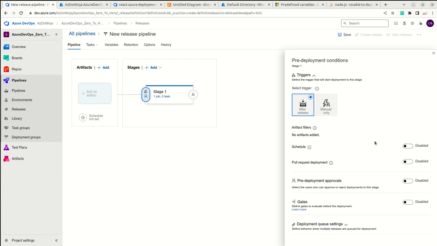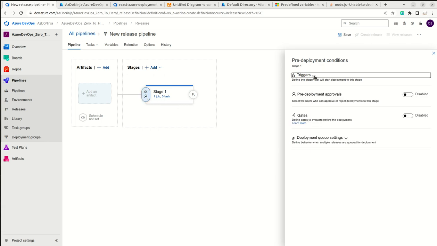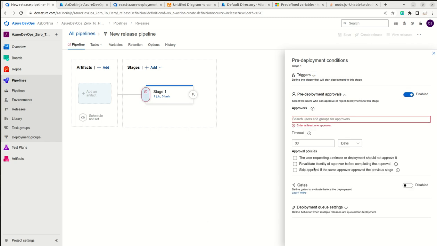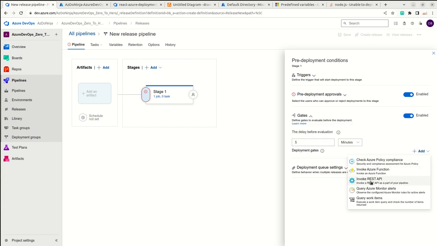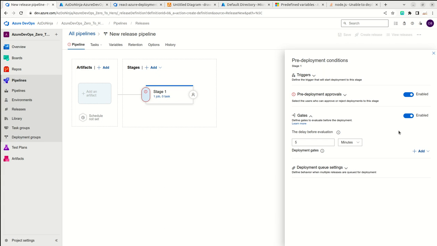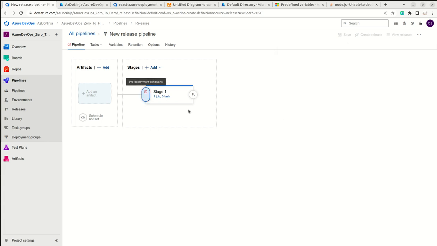We can schedule a particular stage when we want to do it, and we can add approvals also, as I was explaining, and we can add some gates also. Let's say we want to invoke some functions, invoke some APIs, we can do all these things here. Okay,